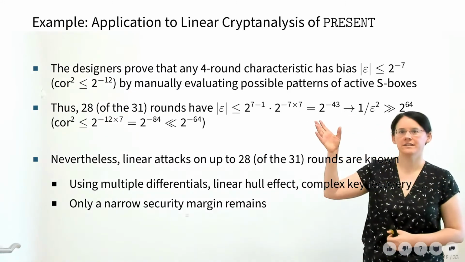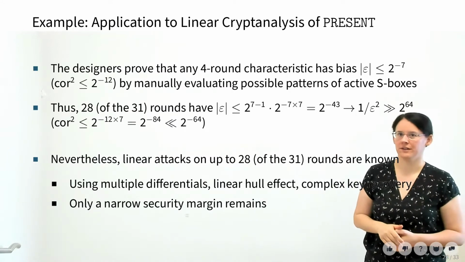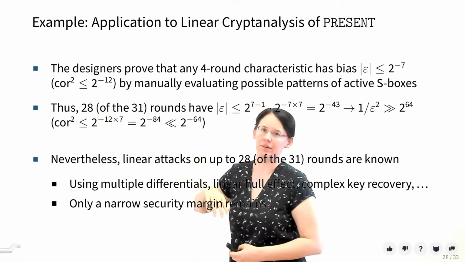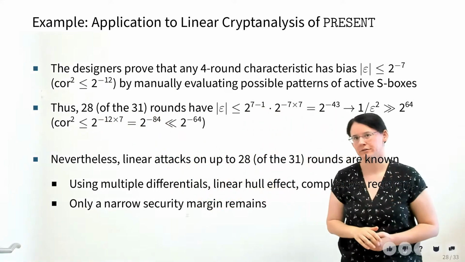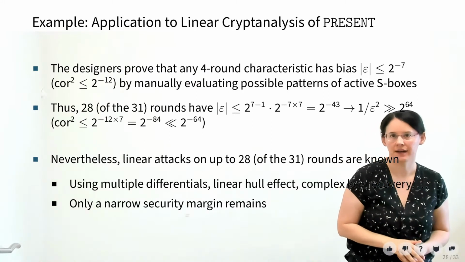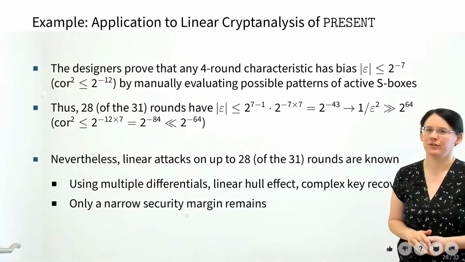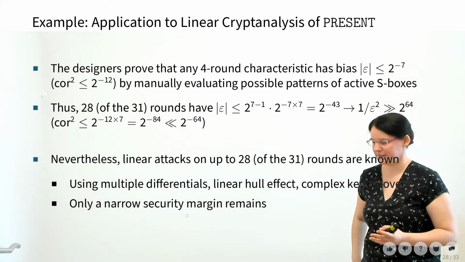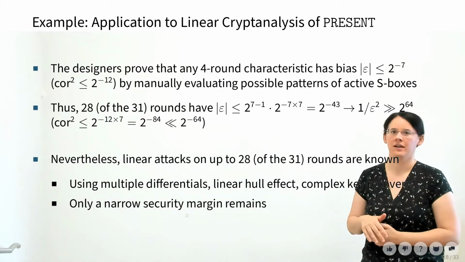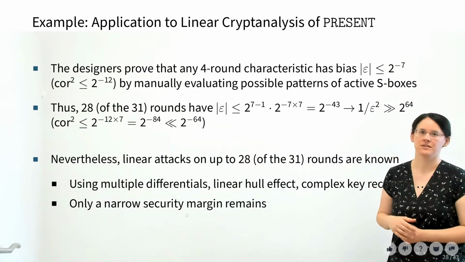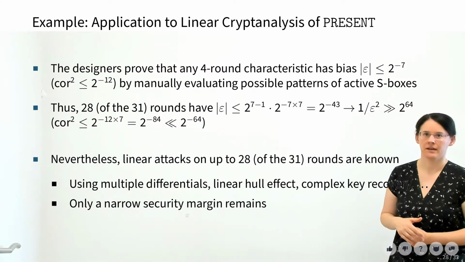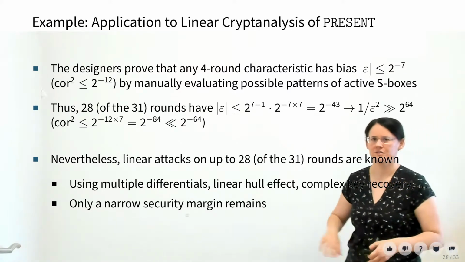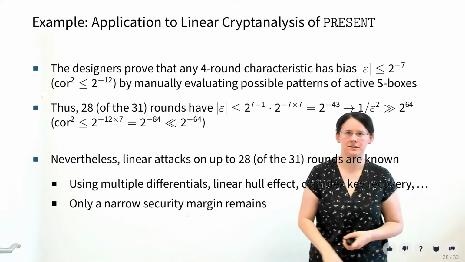So this reasoning tries to argue why it's probably hard to attack the cipher. Even if I would do a key recovery over the remaining 3 rounds, I would still need way more data than I have. However, what the designers underestimated is how different the probability of the best characteristics is from the actual combined approximation. So there is a very strong linear hull effect, and if I use multiple approximations, (the slide incorrectly says differentials here, it should be approximations)